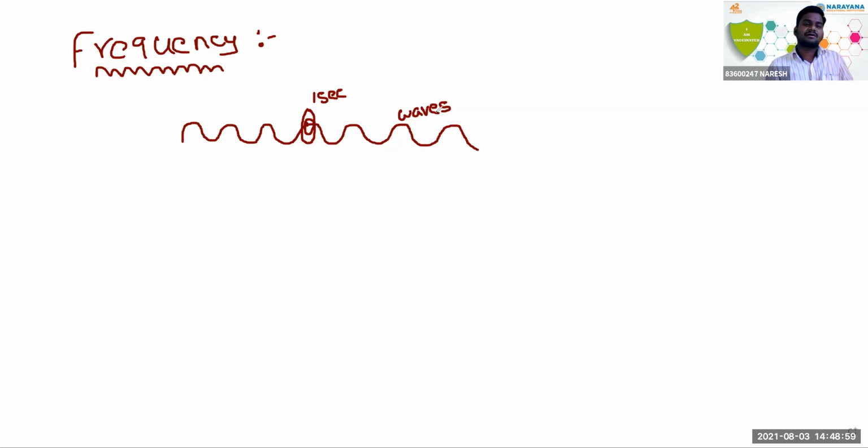So you can say the number of waves that pass through a given point in 1 second is called the frequency of radiation. So what is that? Nothing, very easy. How many waves can travel through a given point in 1 second? Means nothing but the speed, the traveling of waves in 1 second. So all of you write the frequency definition: the number of waves